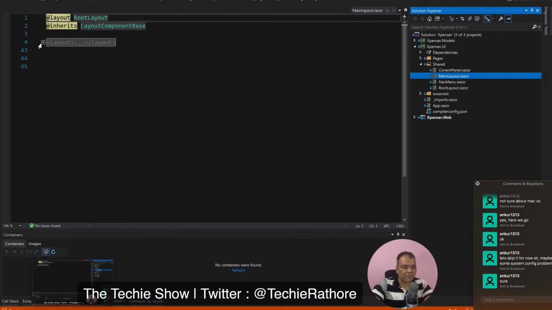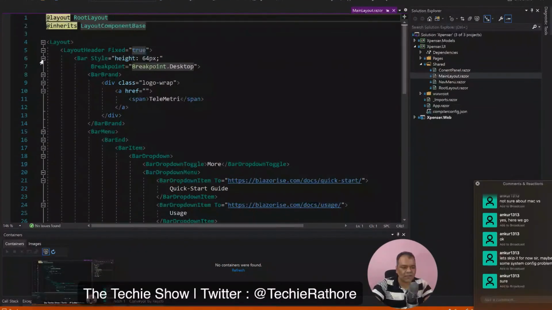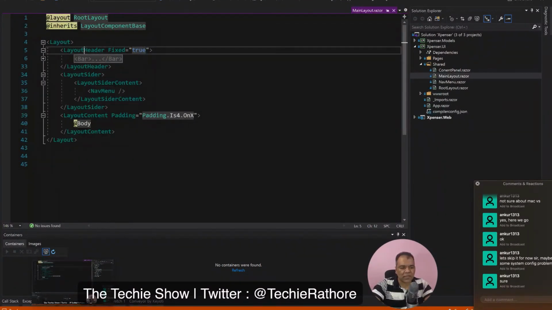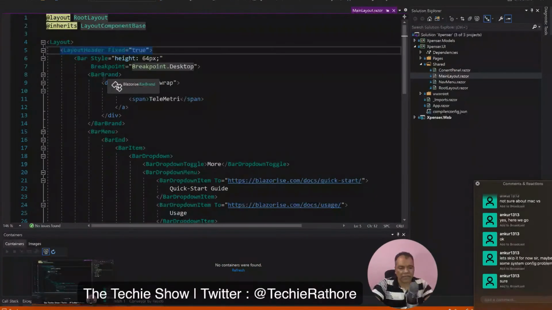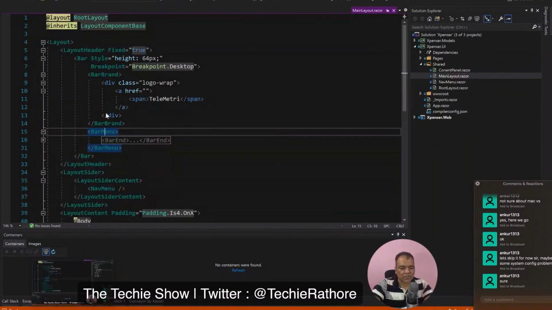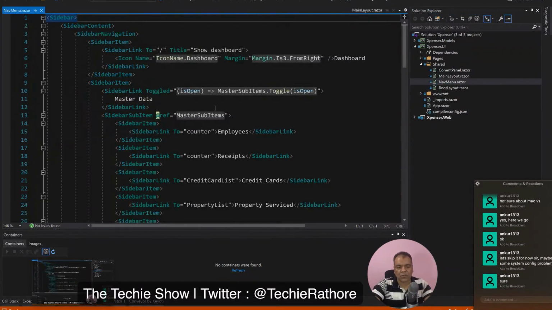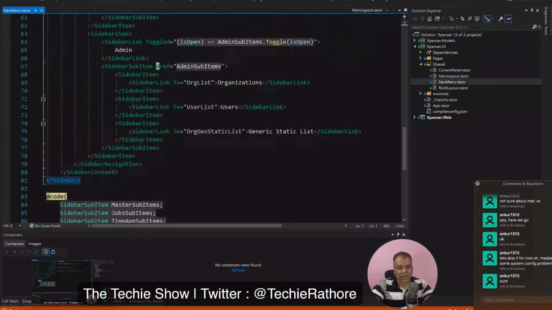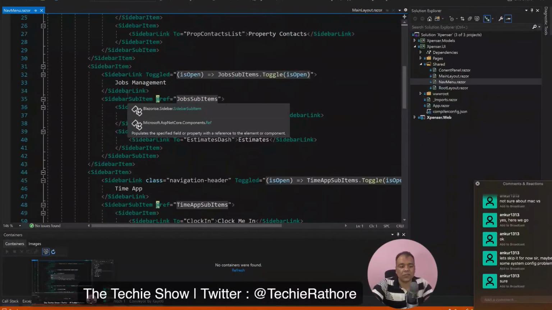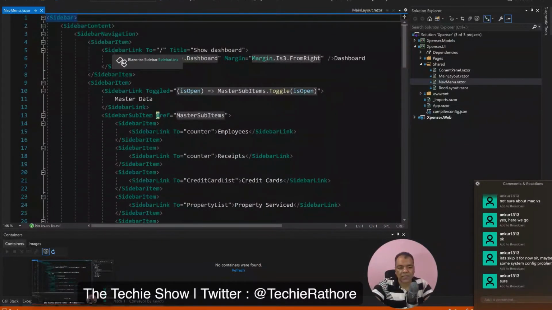So if you see here, this is basically the Blazorise layout structure. Right here the bar style is there, so layout header is there, say the navigation bar, brand, bar menu, bar end, bar start is there, and then this layout header, layout inside, this nav menu is there. This nav menu is not needed usually if you go on the Blazorise documentation. It is like this, and right now if you use the latest version of Blazorise, this has been changed. So this sidebar item is now changed to just bar.